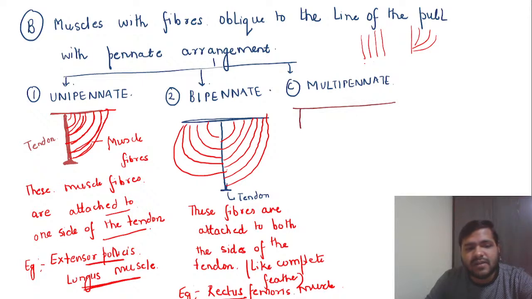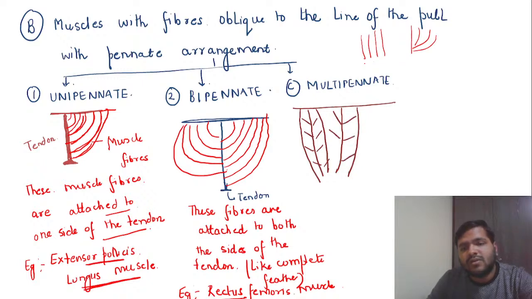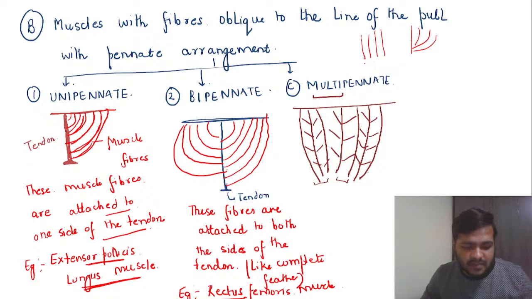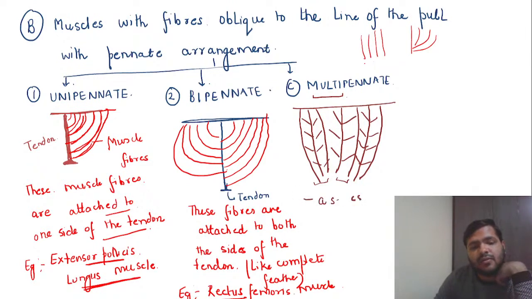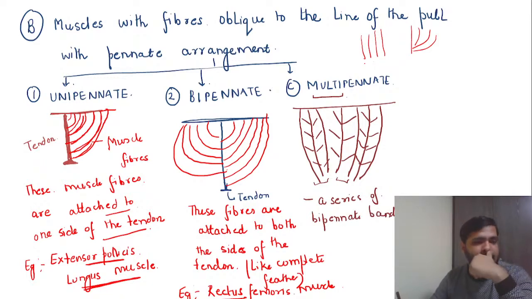what is happening is that in multipinnate we have a series of bipinnate bands, like you can see in the structure of a leaf. These are like groups of two. These are bipinnate bands, but these bipinnate bands are lying side by side. So we are giving a special name to it, that is called multipinnate. So write down that it is a series of bipinnate bands lying side by side,